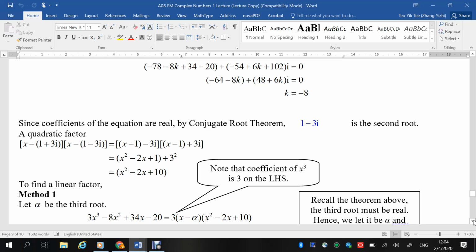Three should be outside. Can 3 be inside or outside? Wait. I don't want to follow that method. Anything wrong if I write this? Then the B is not the solution. Then A is not the solution. The solution is, yeah, A over 3, it's fine. Yeah. As long as you can understand. Can. But why I want to go through this method with you is, okay, let's look at this first